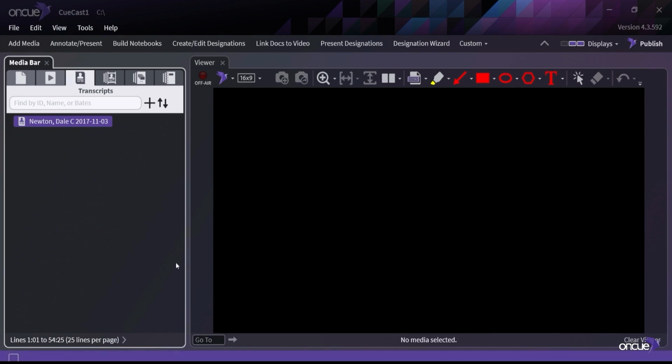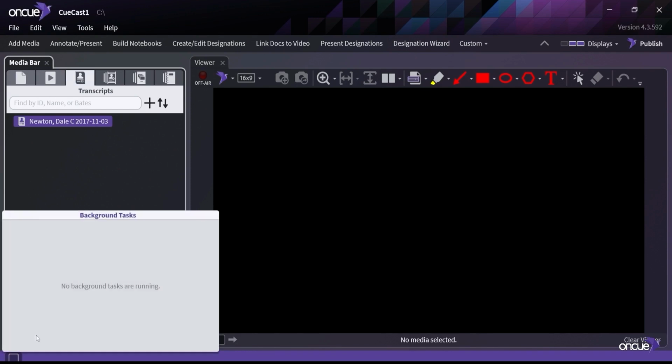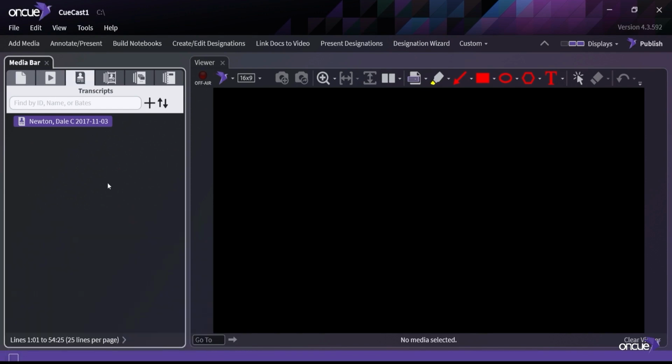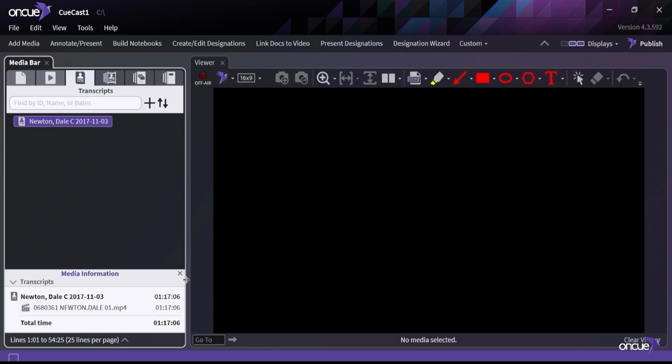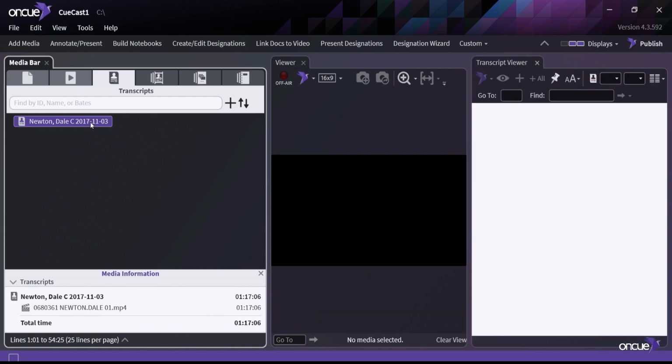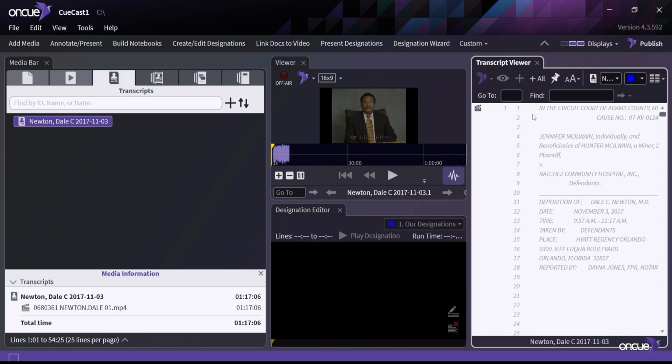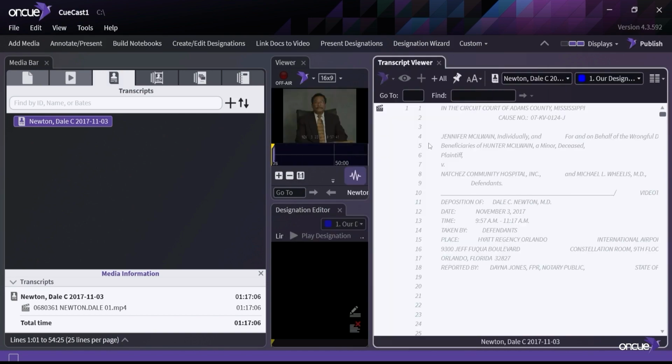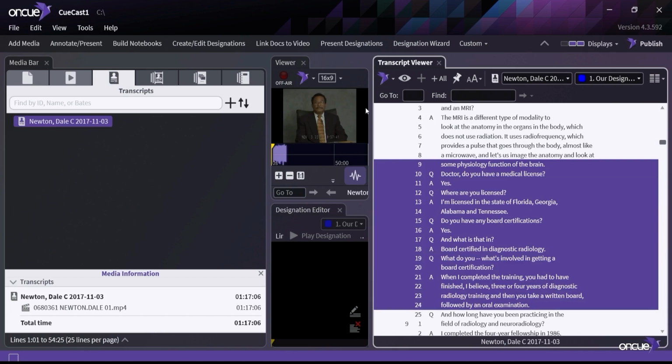Okay, so now it has finished the encode, right? It's done. So if we look, no background tasks are running, so it's finished. Now what I want to show you is if you take a look now at this area, look what it did right here. It changed it from the MPEG to the MPEG 4. Also, what that did was it automatically associated that MP4 now to this transcript. So when we check it,